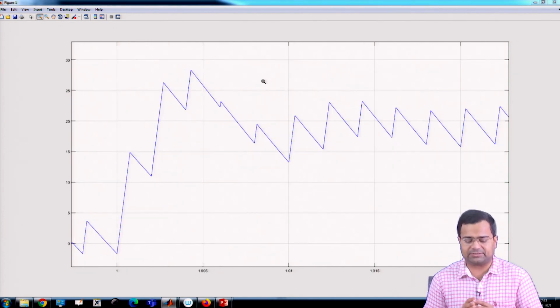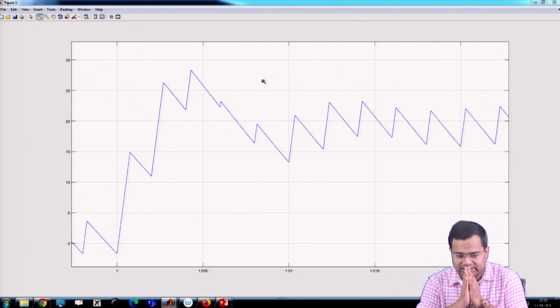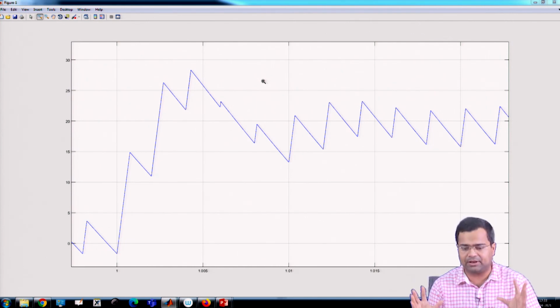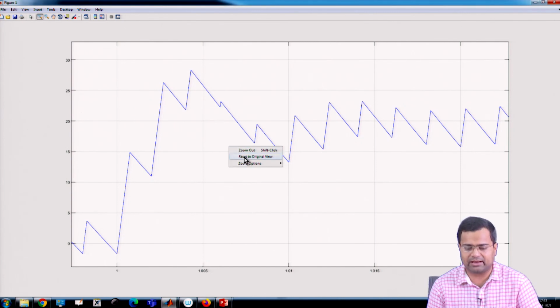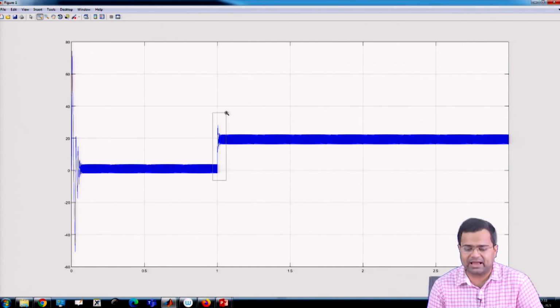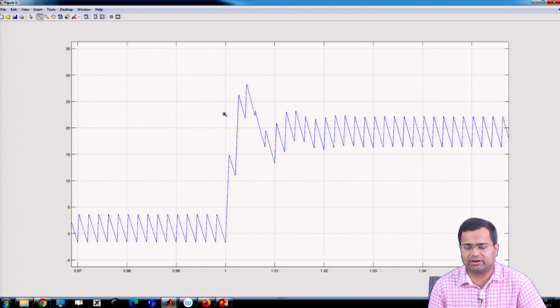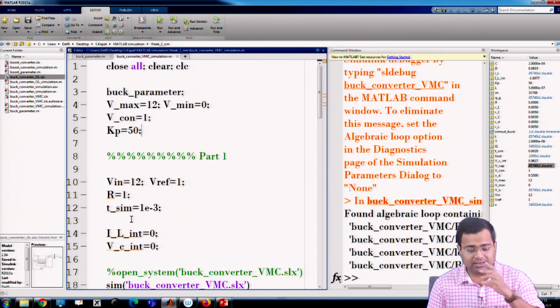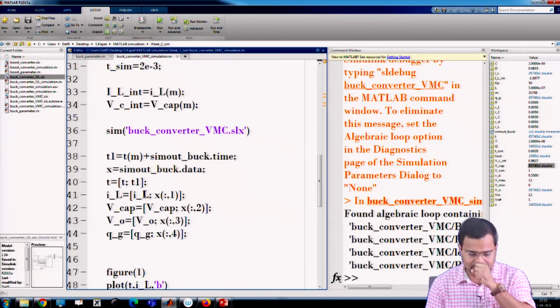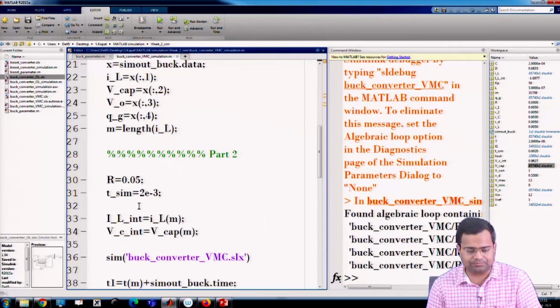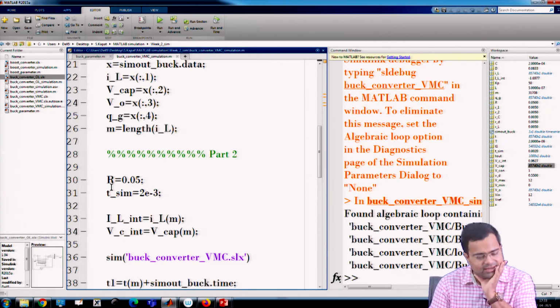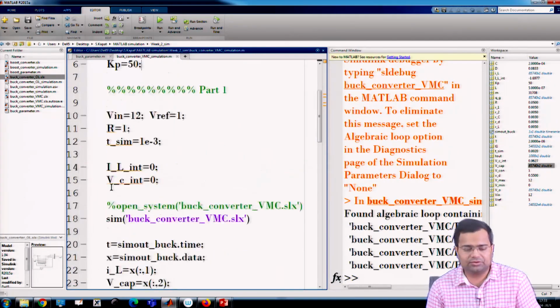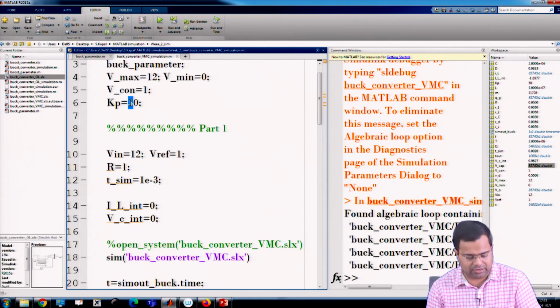It's a step up transient, but it is just a simple proportional control. Now we can add more complex PID control and so on. So that means we created a transient case study. In part 2, we have changed the load resistance, and if we want to increase the proportional controller gain, let us say 80, how does it look?